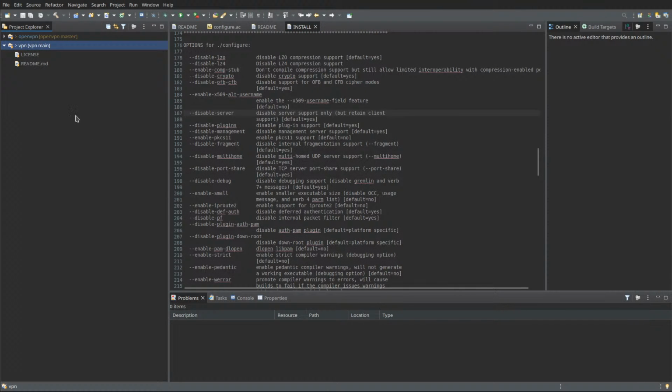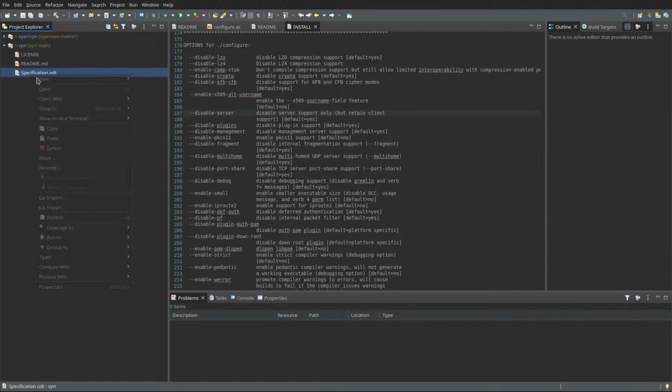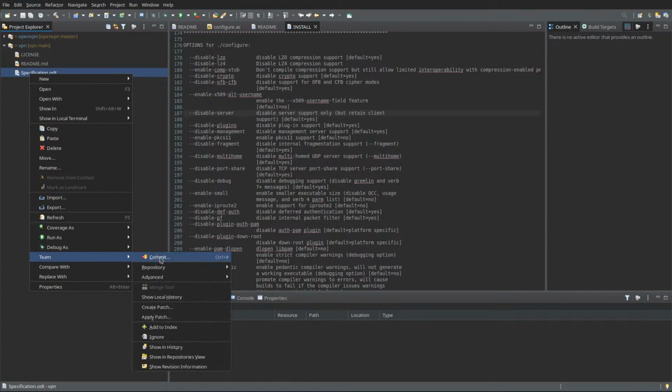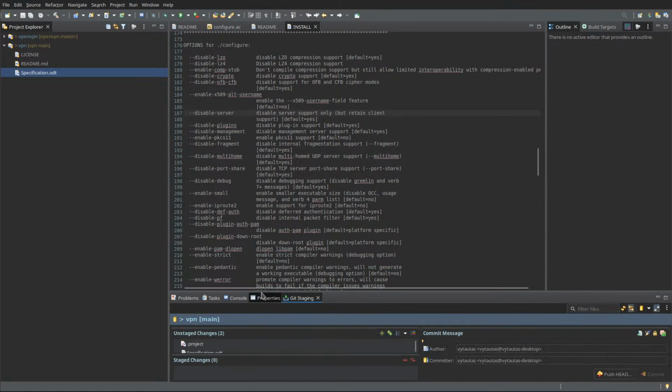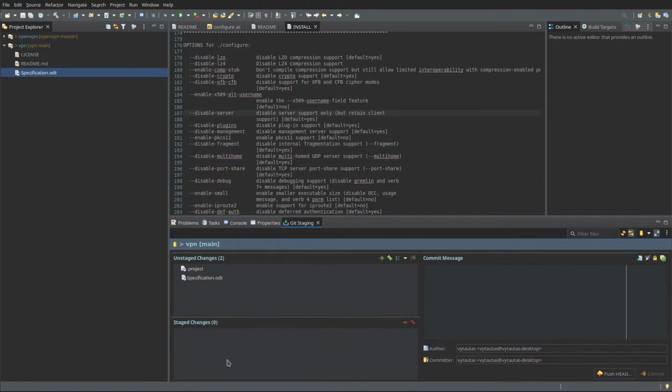This document doesn't have much, but all I want is to get it committed into the repository. So it would be there, and specification.